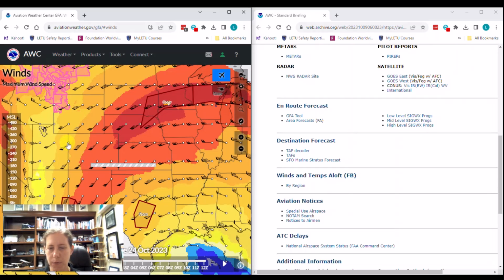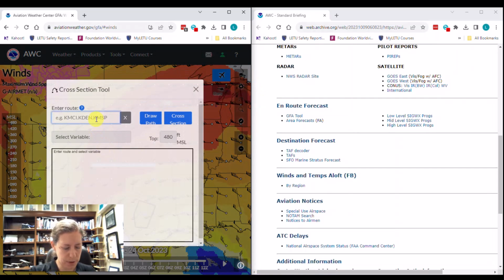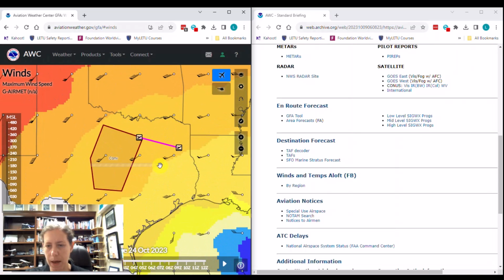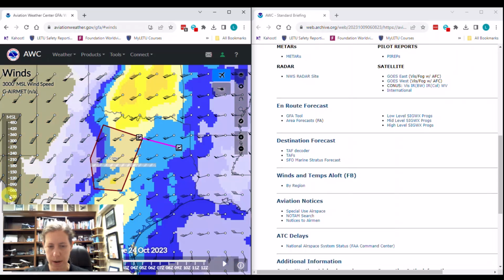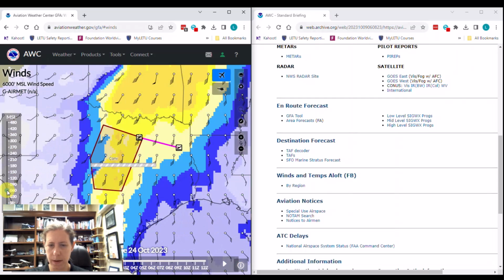Okay, so now I'm in a forecast tool, and instead of the actual GFA tool, I can click on the little flight path tool. I can enter something on here, click draw path. It's going to draw my path right here. Can change my surface bar slider, put it down to the surface winds, put it up to 6,000 feet, whatever,